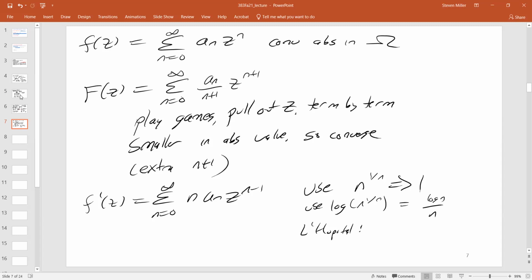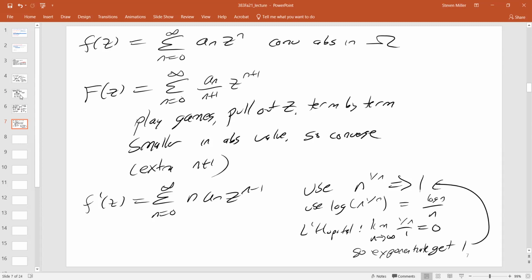And so, you've made it if your name is a verb. So if you L'Hopital this, you would get the limit as n goes to infinity. The derivative of log of n is 1 over n. Derivative of n is 1. That's just 0. So if you exponentiate, you get 1, which is what was claimed.